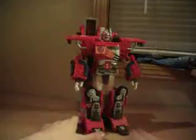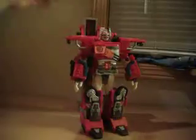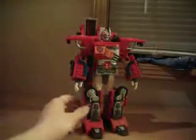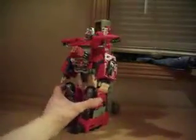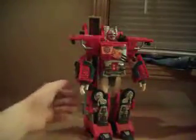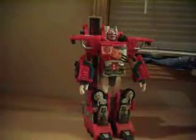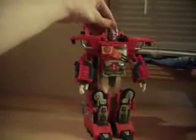So, yeah. Now this figure came out in 2001. This mold is about 15 years old, more or less, and I like it. Is the figure any good? Yes. Does the figure look good? I think so. Is this figure worth the money you're paying for it? Well, he was originally $30, last I remembered, and